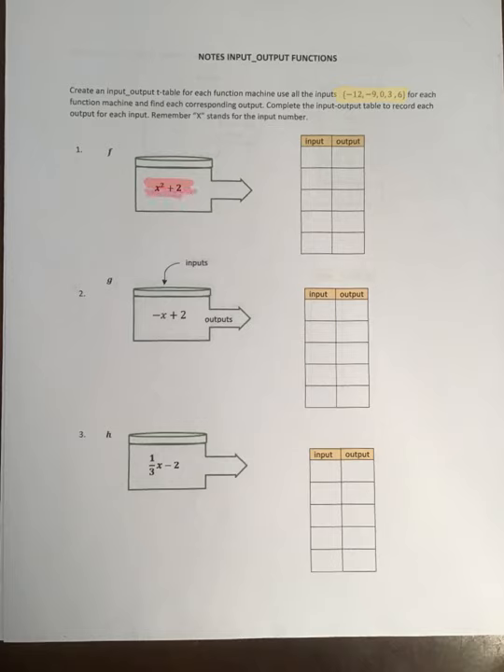So for this rule, now remember the x is the input. So this rule says we're going to take whatever the input is, and then we're going to square the input, and then we're going to add 2 to it. This rule says we're going to do like a -1 times the input plus 2. Right? So remember x is the input, and then this rule,